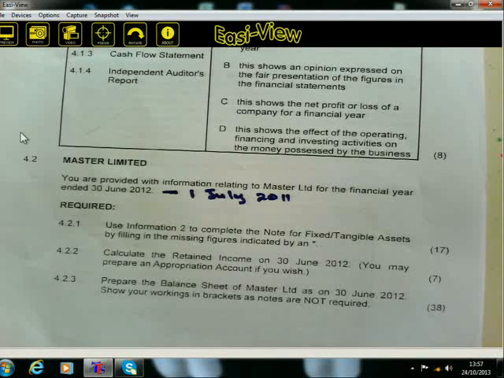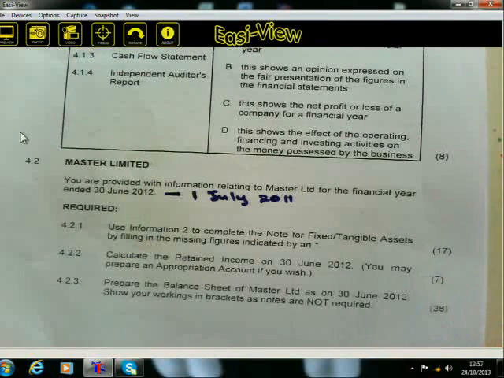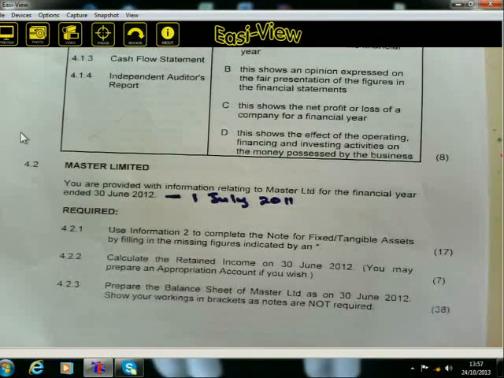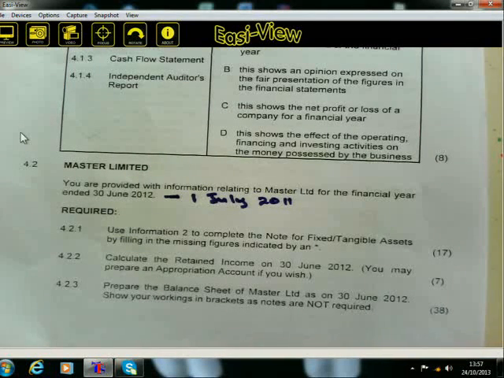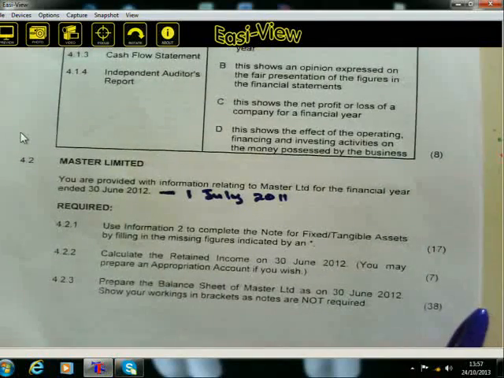We are not going to do that. It has been dealt with yesterday. Then 4.2.2, calculate the retained income on 30 June 2012. You may prepare an appropriation account if you wish. And even here, I'm not going to do the retained income. Even according to the diagnostic report, our learners performed well when preparing the appropriation account. Now the business of today,